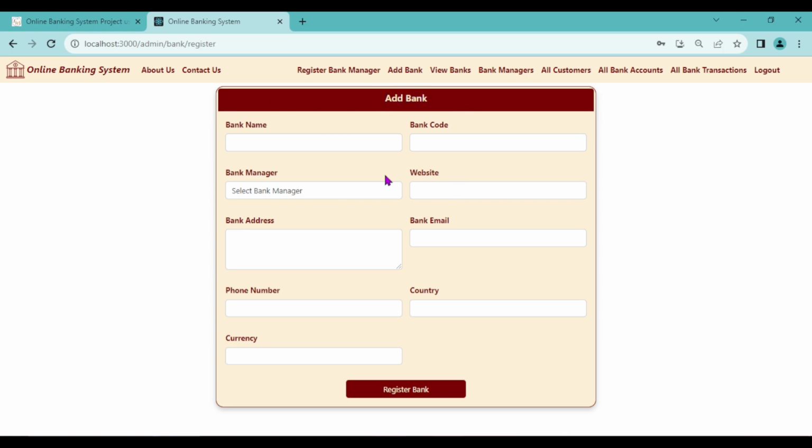So after registering bank manager, let's register our bank. Demo bank 10. I'll give the code as demo 10, and from here we can see the bank manager. So we can see here the demo manager 10, which we have added just now. I will select it. Okay, this manager will be handling this bank, demo bank 10, and here we have to enter the website URL, demo bank,